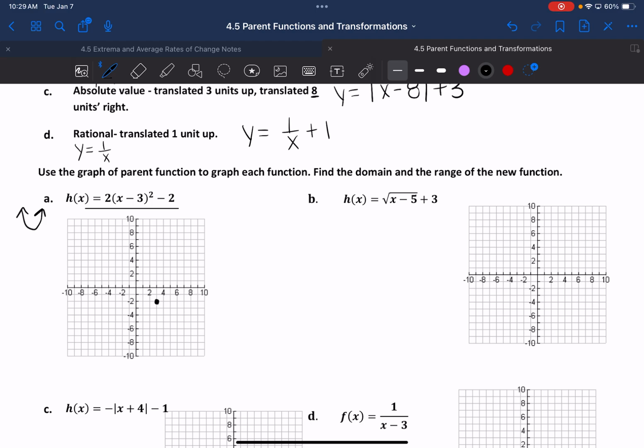Okay, so for our coordinate points, I'm going to just make a list of a couple over here. So originally, we know we had the point 0, 0. If you look back on the front page, on either side of 0, 0, we had a point at -1, 1 and +1, 1, right? So we got -1, 1 and